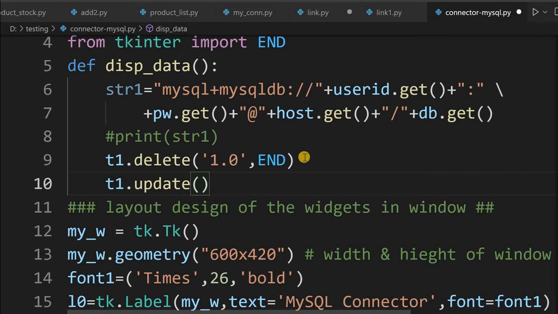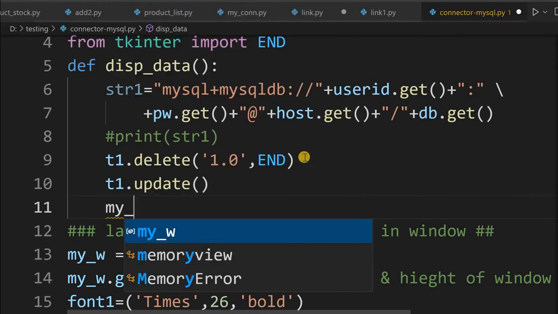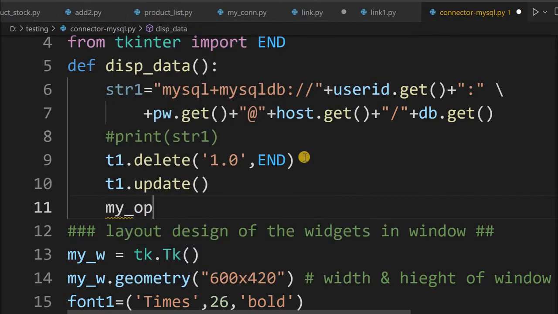Fine. So this is what I'll be up to. I have prepared the string. Now I have removed the previous entries from the output area. That's all. Now one more thing I will do: I will create one variable as a blank string. I will say output equal to two blank quotes. Now I am ready.